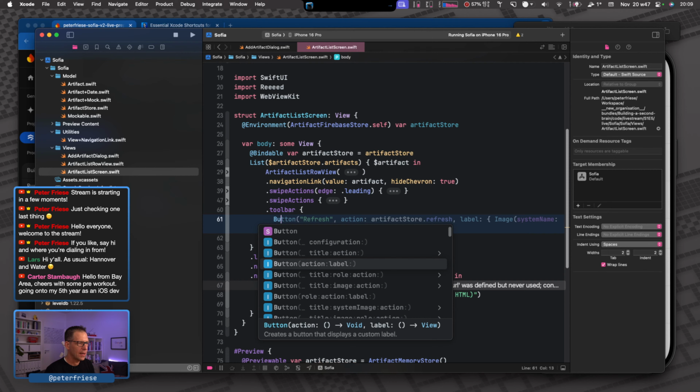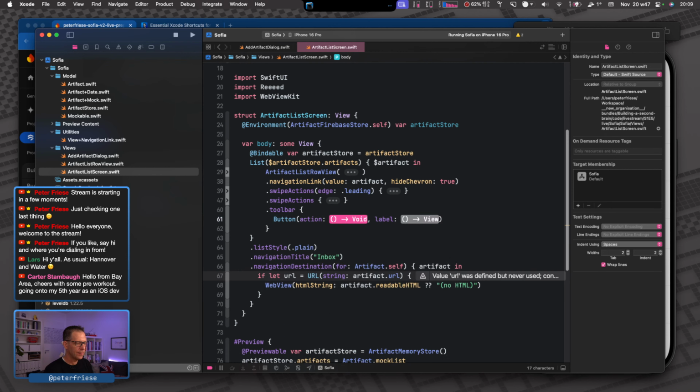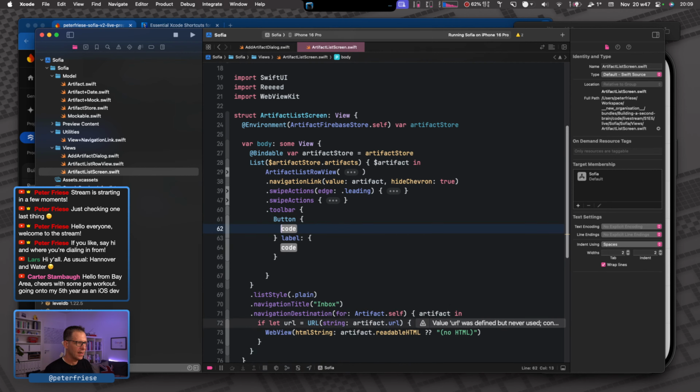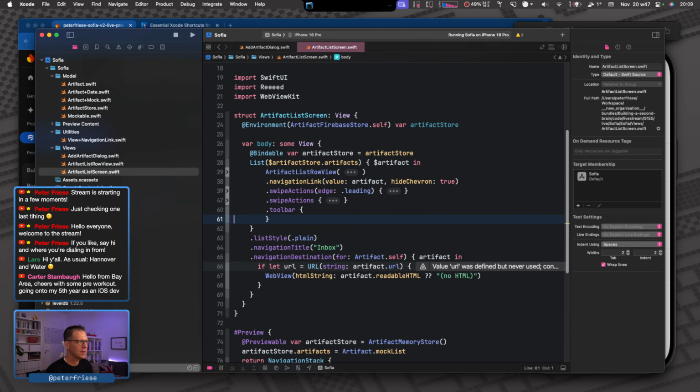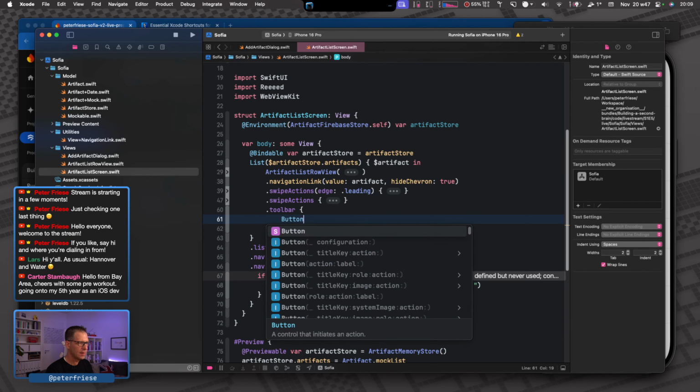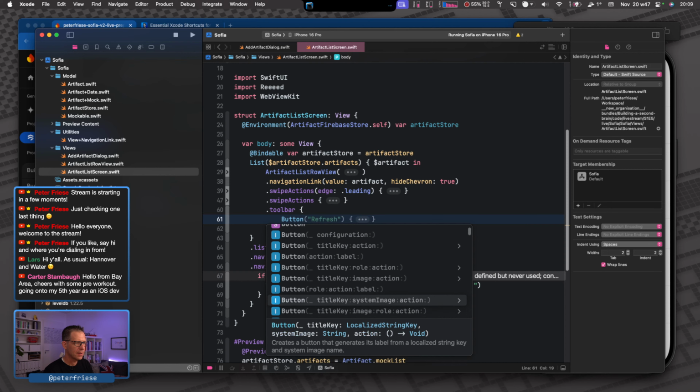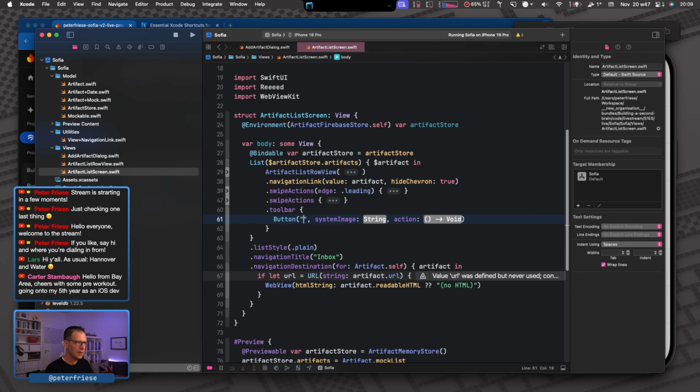Okay, so I want an action, and I also want a label, and the action we get to in a moment. Actually, you know what? I was kind of hoping... yeah, here we go. Title, key, system image. I think this one is nicer. Yeah. Add, and then